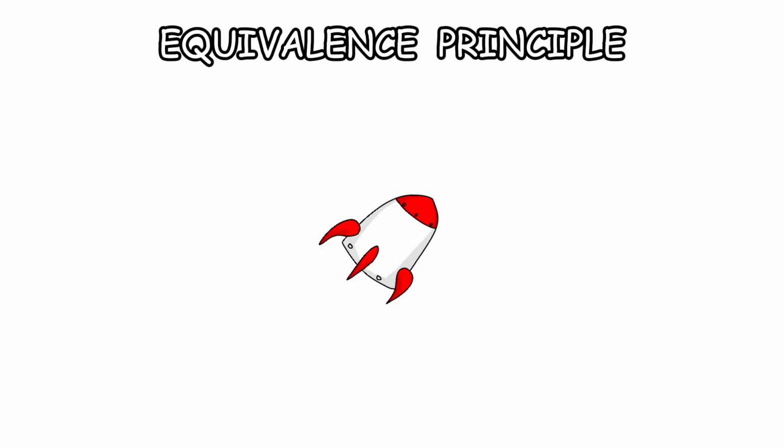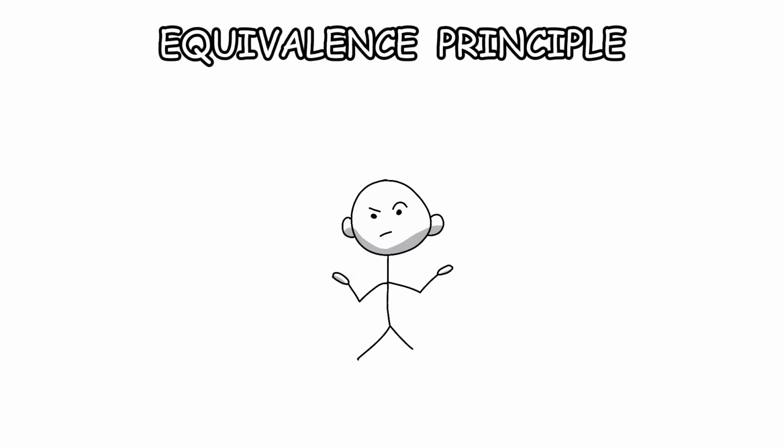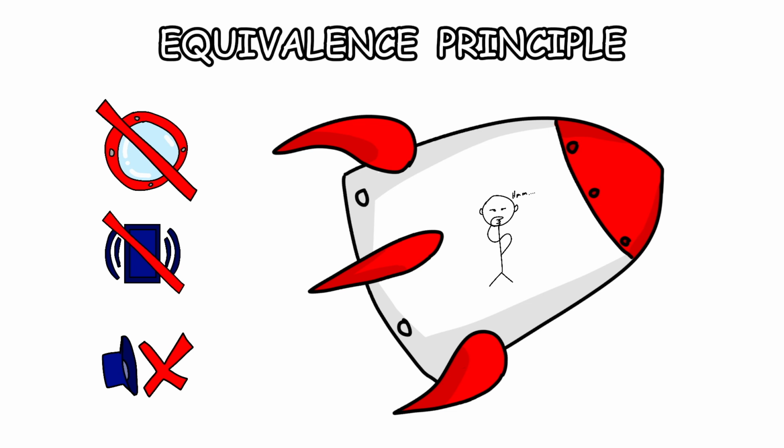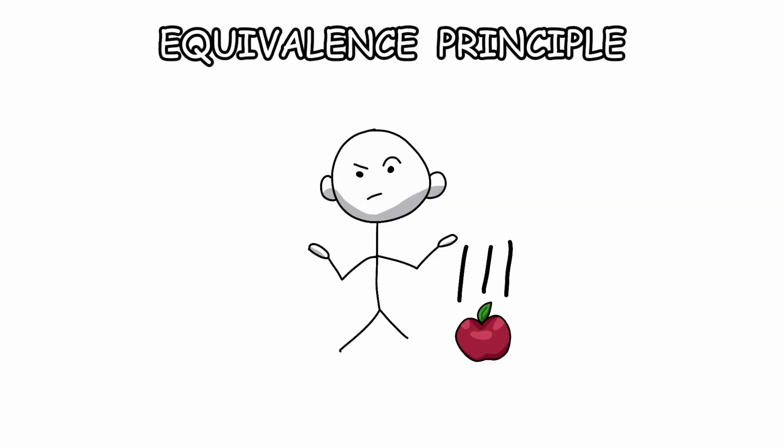The equivalence principle explains how in this scenario it is impossible to tell the difference between the force of gravity and the acceleration of the rocket. So if I teleported you into either rocket suddenly, you would not be able to tell in any way whether you were in the stationary rocket on Earth or the rocket in space. If you tried to drop an apple on the ground, the apple would fall at the same speed in both